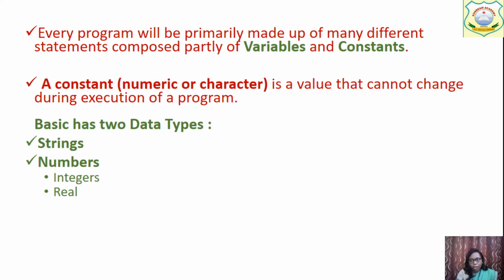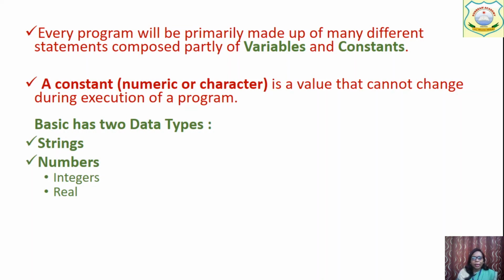जहाँ पे हमें कोई वैल्यू फिक्स रखनी है, for that we use constant, and the thing whose numbers or any data whose values change, there we use variables. अब now what is a variable and what is a constant, that we will read more on it. Okay, now what is a constant? Constant may be numeric or character, but its value does not change during the execution of the program.